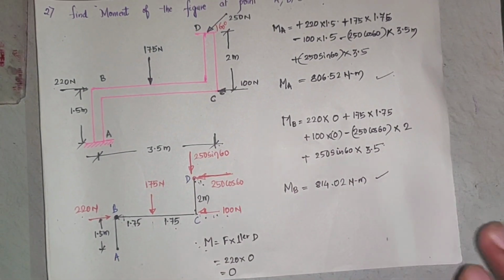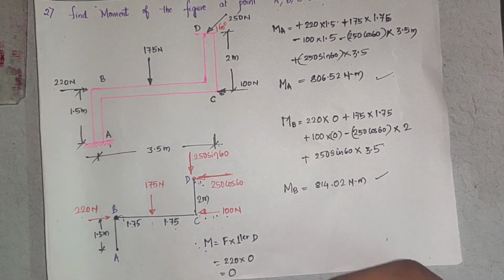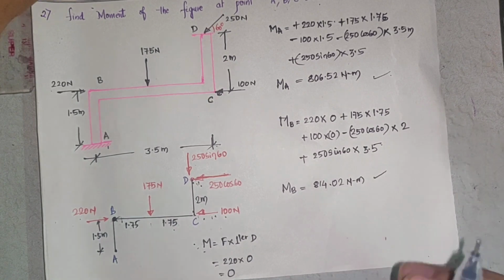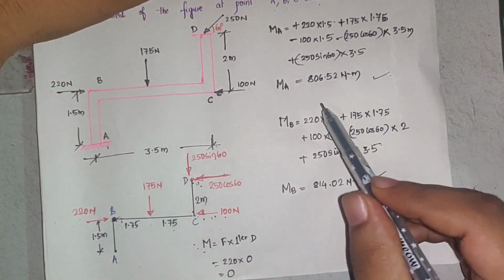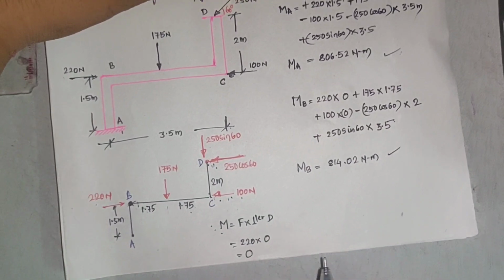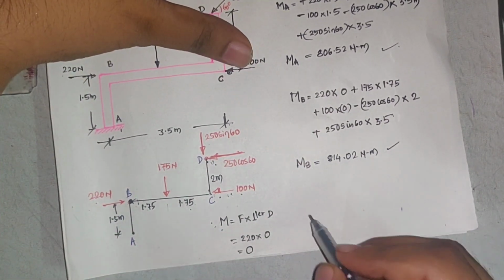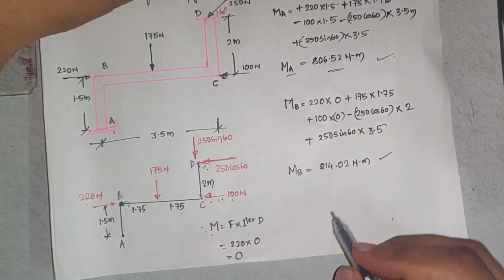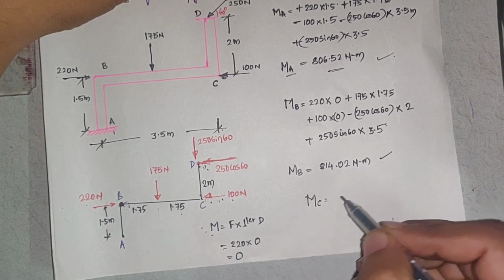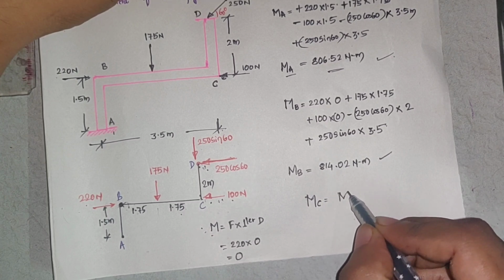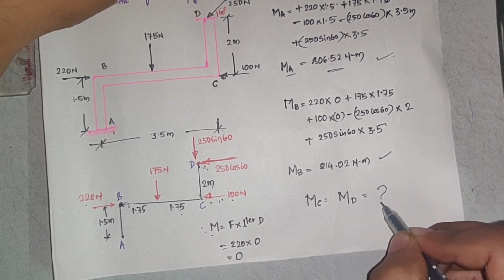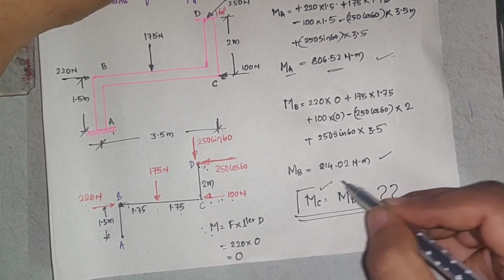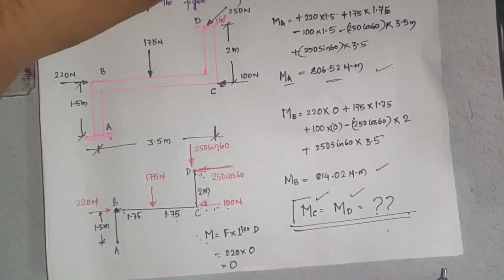Getting the answer is the second important thing, but framing the equation is very important. If you go wrong with the minus sign, plus sign or perpendicular distance, then your whole concept of finding the moment is wrong. So be very careful. Hoping that you have understood how to calculate the moment about A and B, as an assignment I will ask you to find the moment about C and the moment about D, and write it in the comment box.